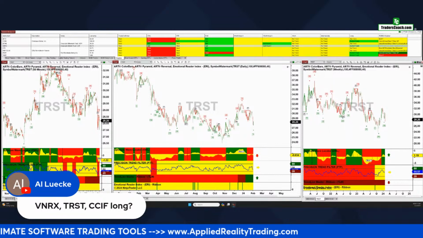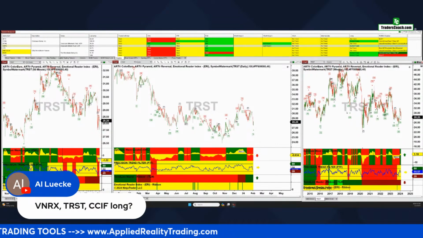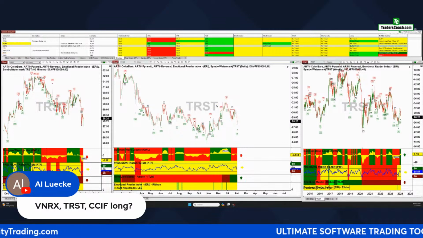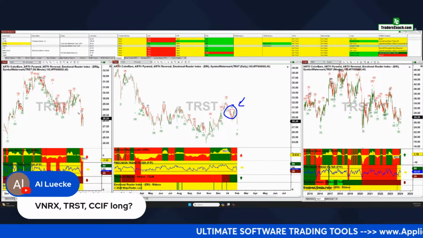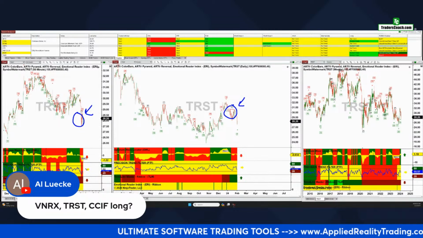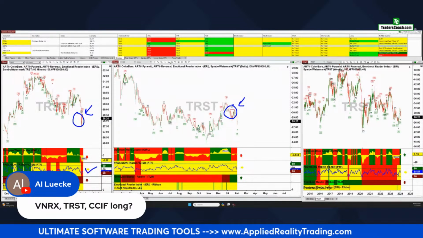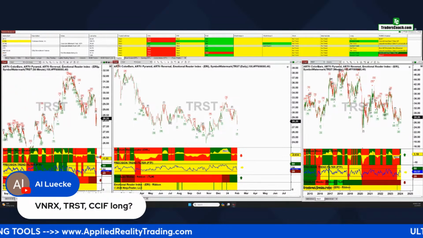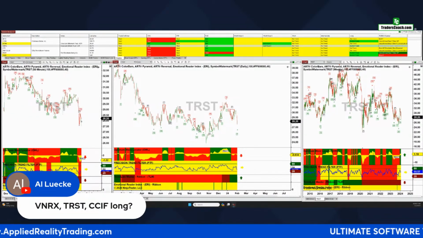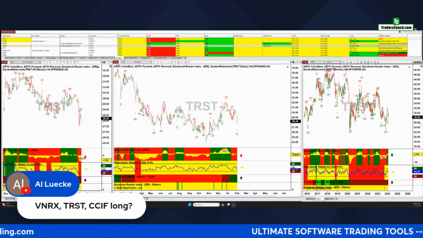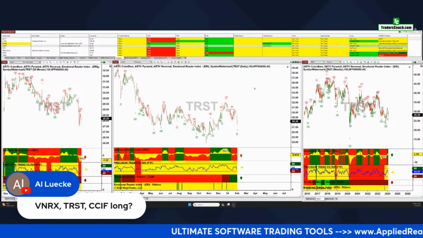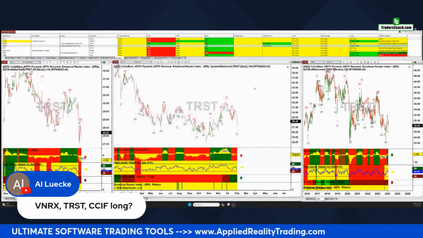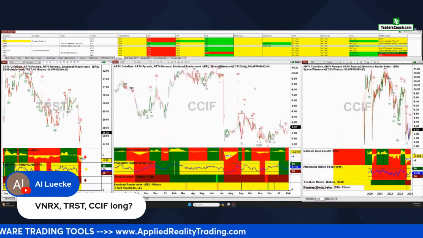All right, on this one here, not as bullish as the other one. All right, we've got an active pyramid even on the daily chart. We have one now on the 60. We have a red here. Well, it looks like it might have just turned yellow. Let me magnify that in. Yep, it's yellow now. All right, I don't like to go against the pyramids on those lower time frames. So I would say for now, no go on that one. But you can always bring it back when things start to bottom. All right, CCIF, let's take a look at that one.